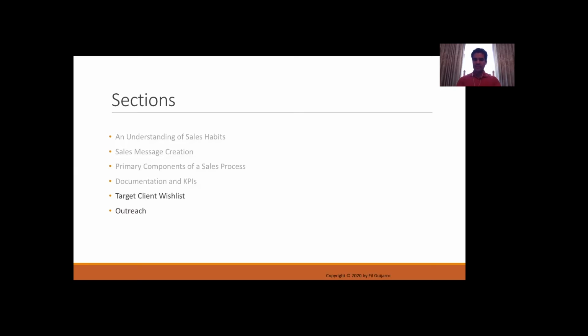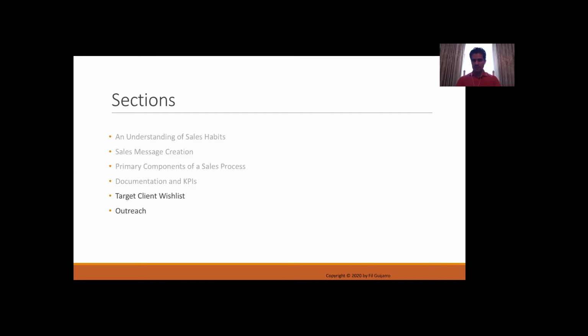From there, we discussed a tactic for putting together a sales message. We discussed what is a sales message and also how is that different from a marketing message. Then last week, we went into the components of a sales process, and then we kind of clicked behind each one of the components to see more detail. We gained an appreciation for how granular, that means how detailed, the process can be behind each one of the particular components. Then we had a quick discussion about what kind of reporting is useful to bring into the environment